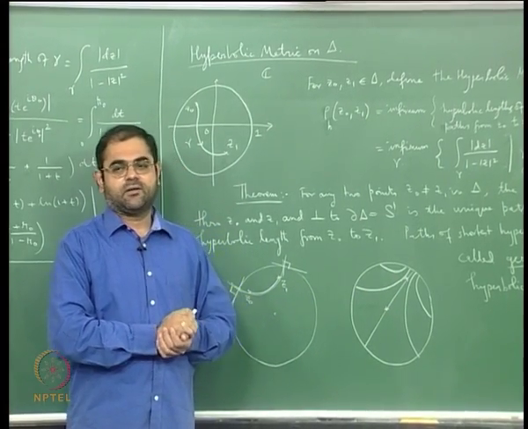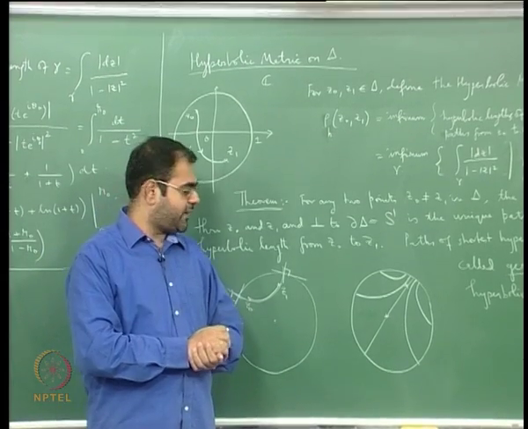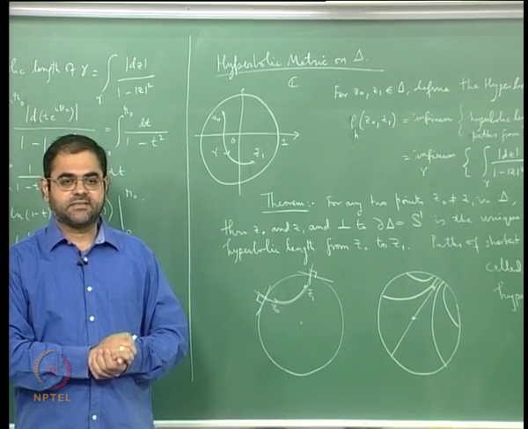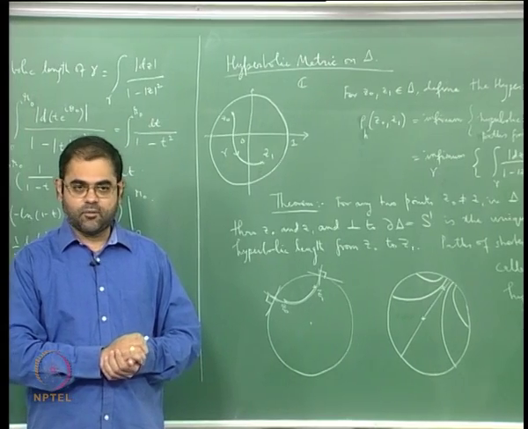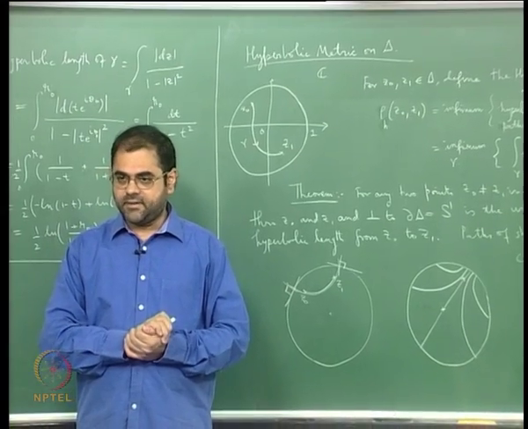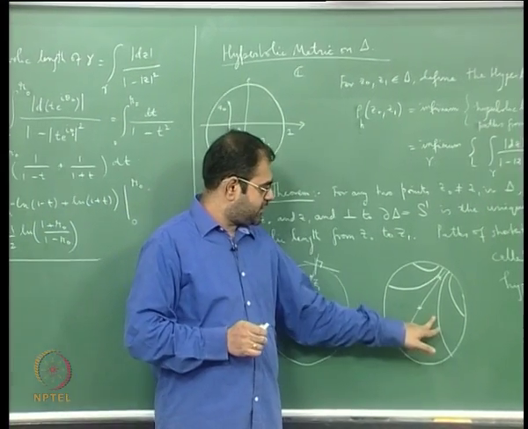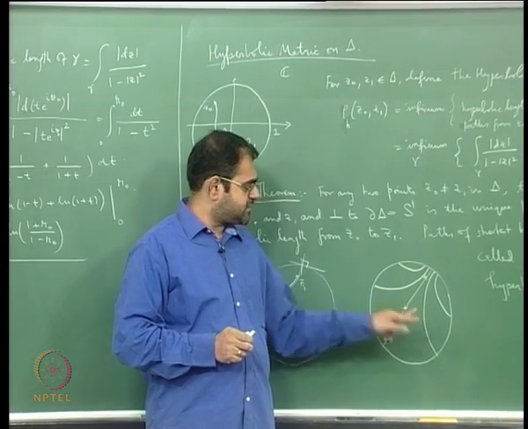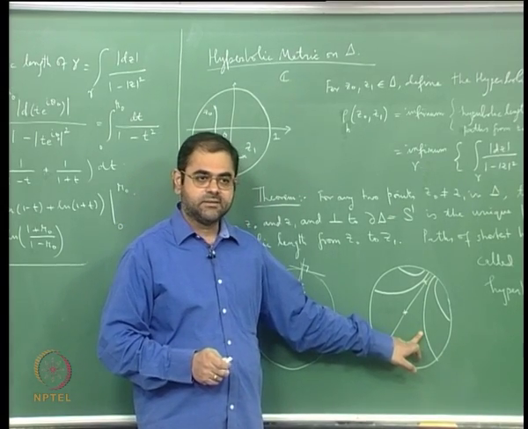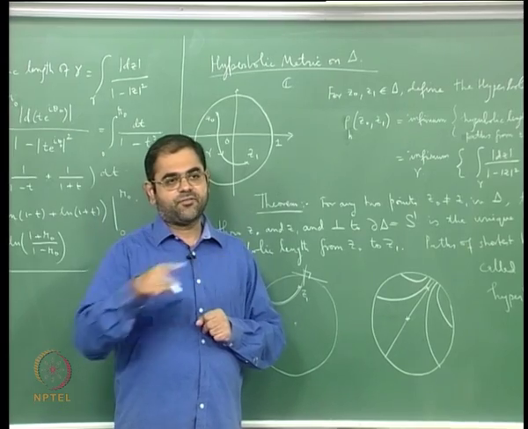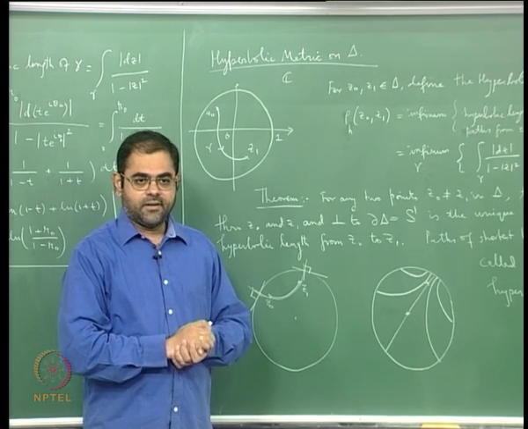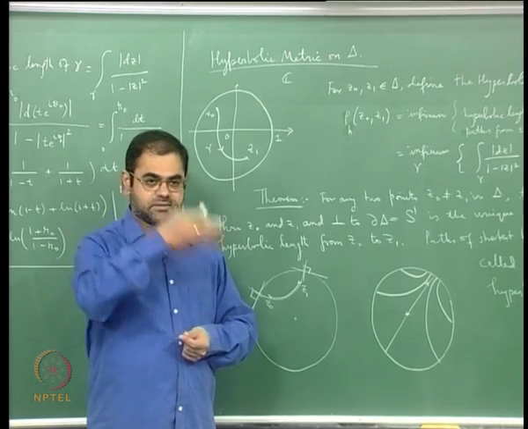And you can check a lot of statements. If you take 2 lines which are not one and the same, and if they are not parallel, then they will intersect at one point in the finite plane, and if you think of infinity as a point, then they will also intersect at infinity. In the same way here, you can check that if you take 2 geodesics which are not one and the same, they will hit at one point, okay. And if you take 3 lines, you can use them to form a triangle, and every triangle is formed by 3 lines, which are the lines passing through the sides of the triangle.